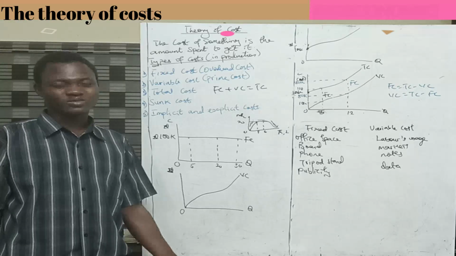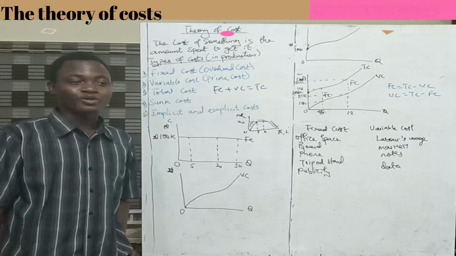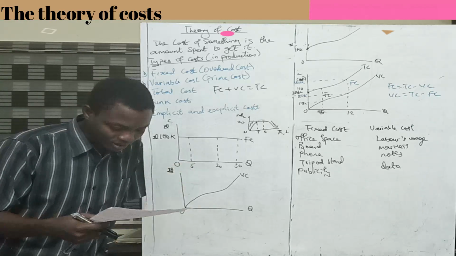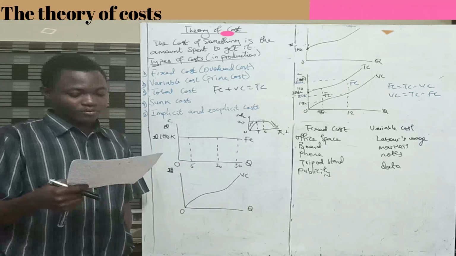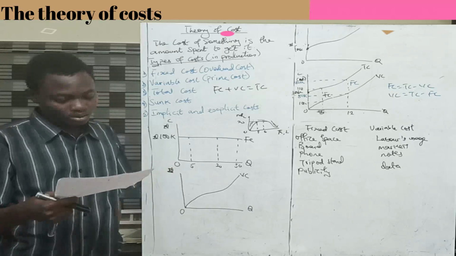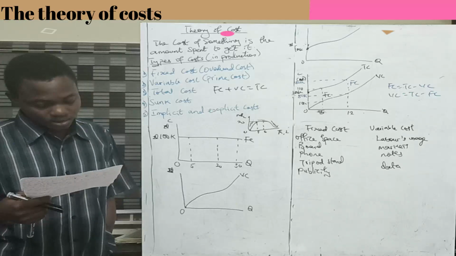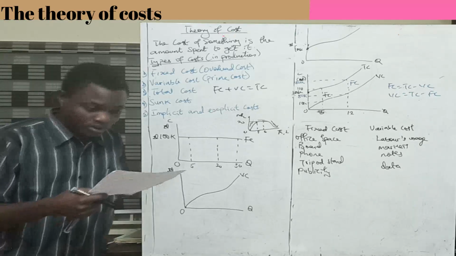You wasted it, kind of. Not that you intended to waste it. No, it's gone down the drain. All right, so do I have any other thing to say about a sunk cost? A sunk cost might be a fixed cost, but a fixed cost is not necessarily a sunk cost. So I give examples. All right, that's that.